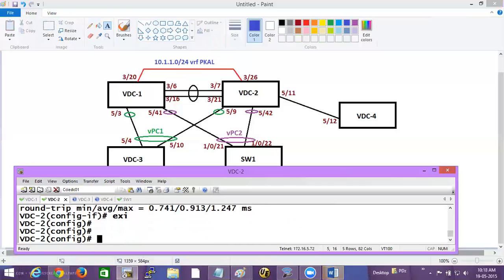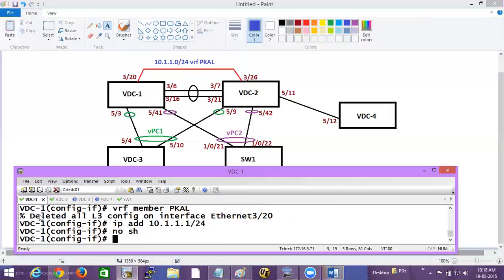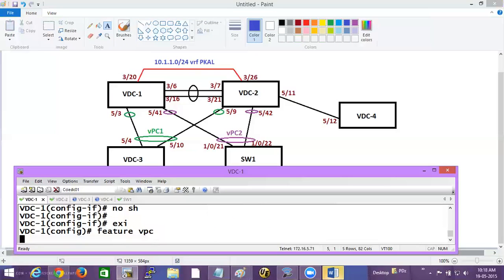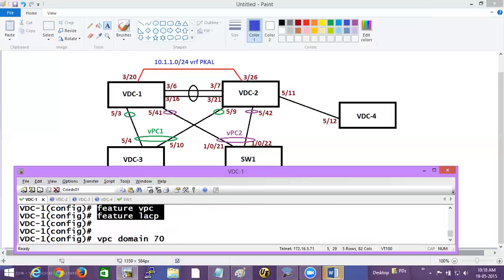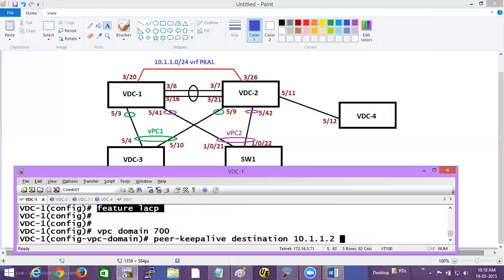We'll move forward to the feature of VPC and LACP, which we'll do on both sides, and then we'll configure my VPC domain. Let this be 700. Here, keepalive destination 10.1.1.2, source is VRF